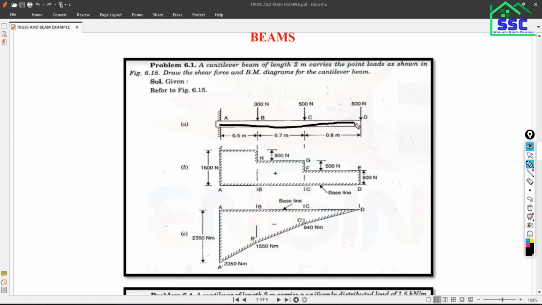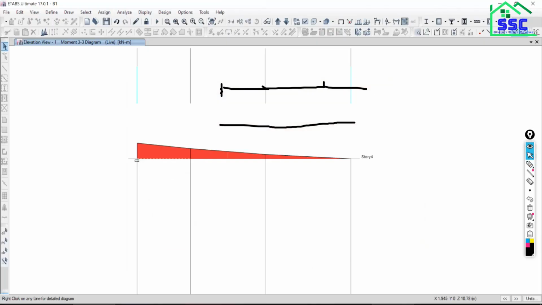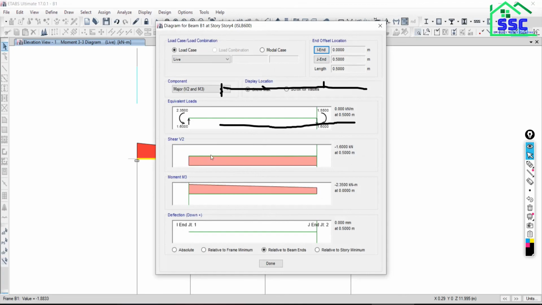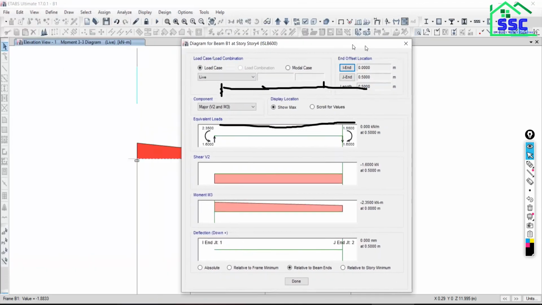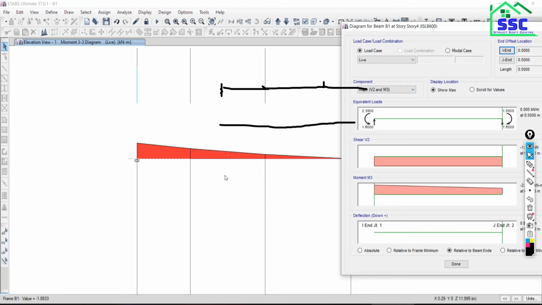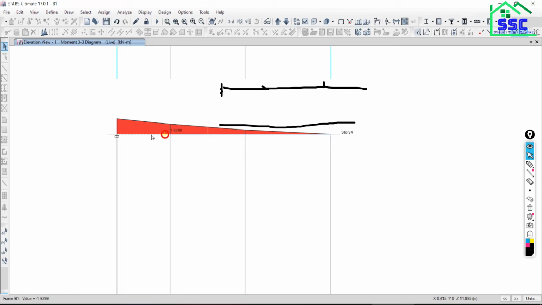Single beam. But in ETABS, what we have done there, we have modeled in parts. That's why when you click here, it will give you result only for this part. No doubt both the methods are correct, you are getting the result correct. But the other option is that you can model this single beam. How you can do that, I will show you tomorrow.